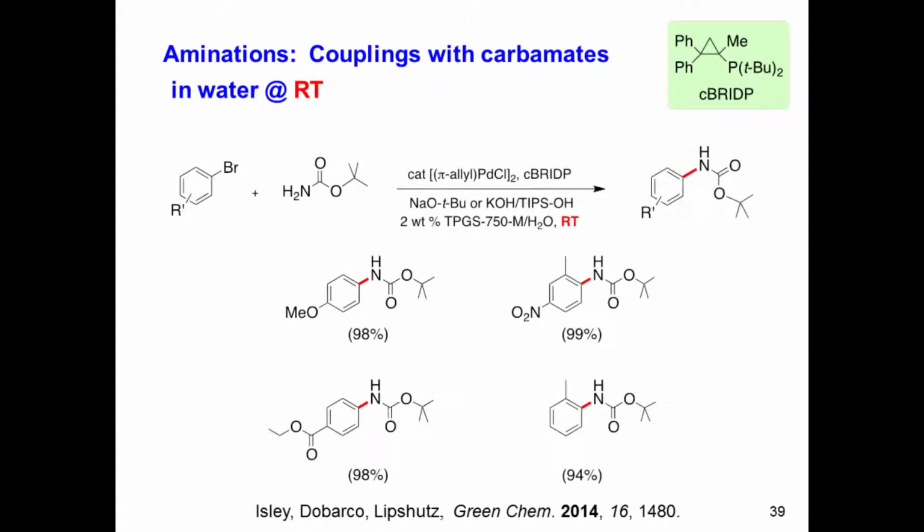More recently, however, Nick Isley and Sebastian DeBarco both published earlier this year that one can apply this chemistry to maybe a hotter topic, which is the use of ammonia or equivalents in forming carbon-nitrogen bonds in aromatic and heteroaromatic systems. So indeed, using in this particular case the magic ligand turned out to be that from Takasago, shown in the upper right here, we could do these kinds of CN bond constructions very efficiently in water at room